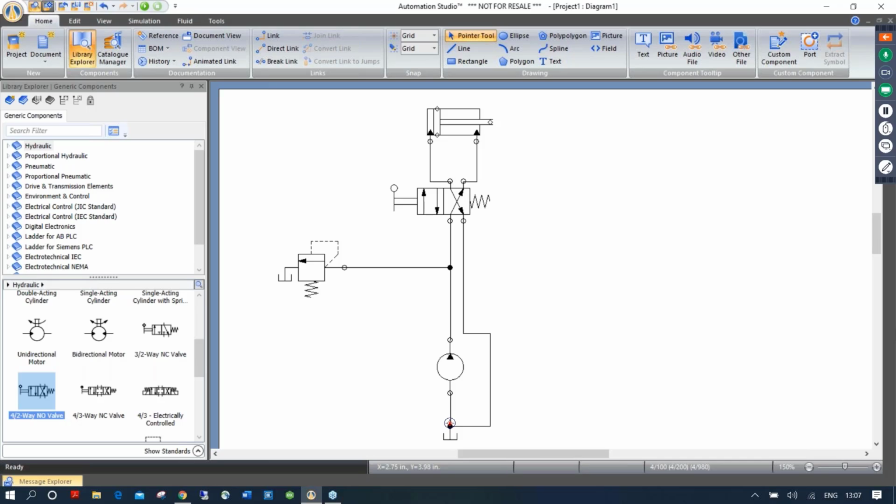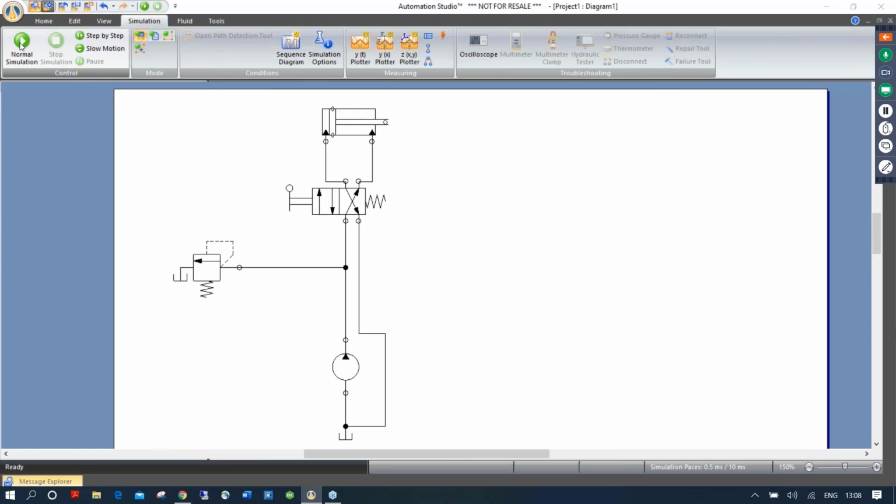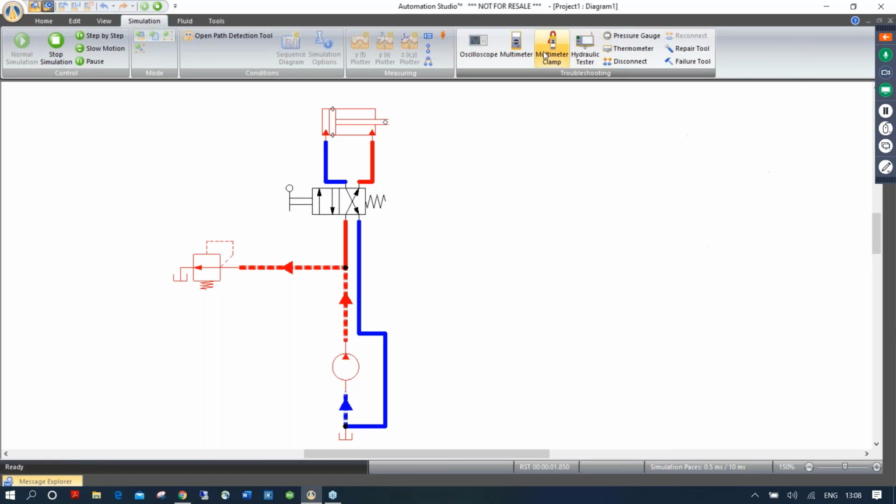Okay, so as you can see, as far as drawing goes, it's pretty simple. Then once you've done this, I'm going to go directly into the simulation section here and click on normal simulation. This will launch the simulation. So we can actually see here the flow going from the reservoir through the pump, exiting the pressure relief, which